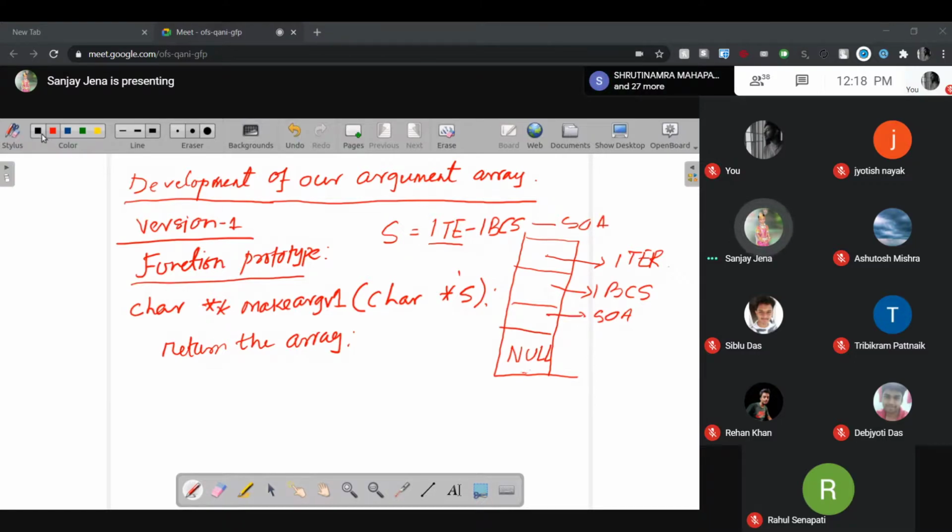Better you pass the base address. What is the base address? It is the location of the first element, and that is nothing but the name of the array. Am I correct? Yes, sir.